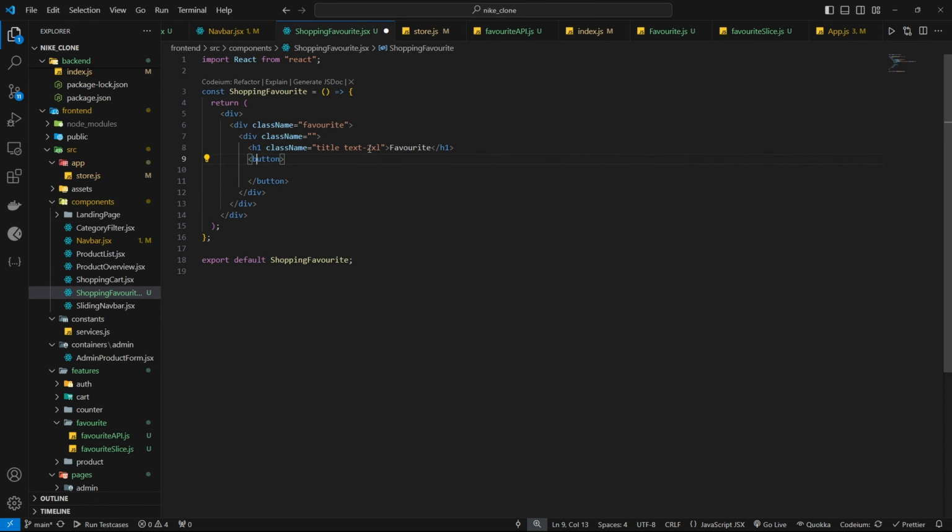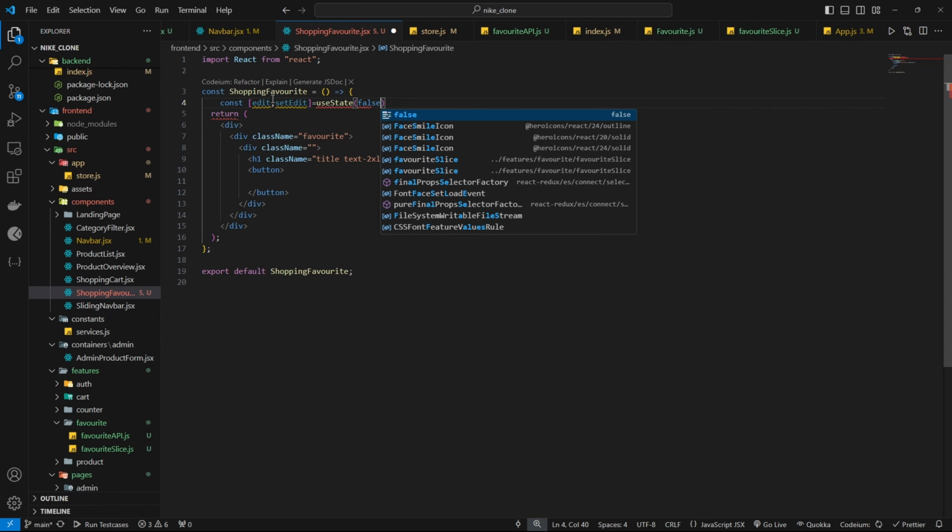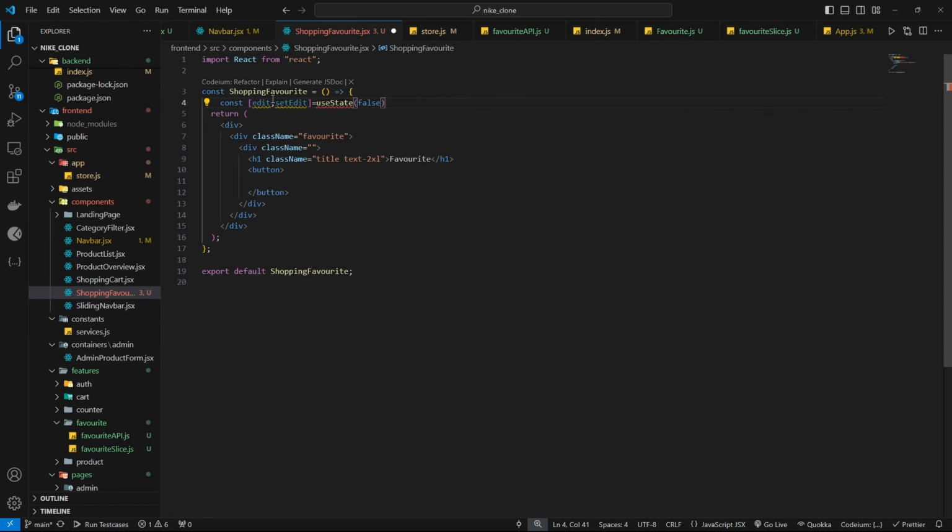So for that let's make a use state, named const edit and set edit, and it will be equal to use state, which initially will be false. Okay, let's import the use state,